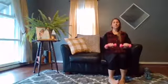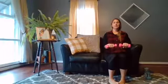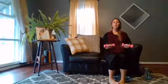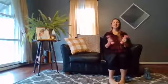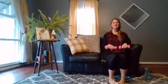Elbows tucked at our side, a weight in each hand, palms facing down. We're going to rotate the weights out so our palms are facing up and turn them back so that our palms are down. Doing 15 of those. That's 2,